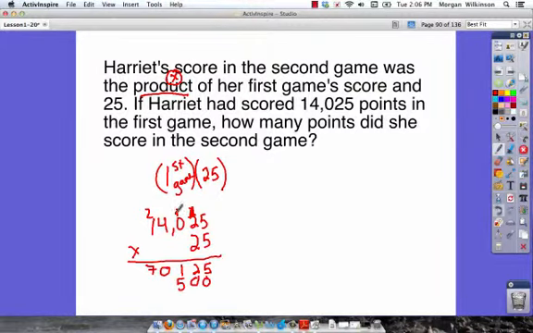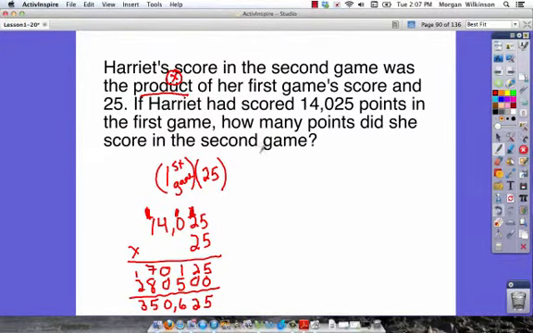2 times 0 is 0. 2 times 4 is 8. And 2 times 1 is 2. Make sure you keep your work organized as you go through. Looks like we'll have just enough room here to work. We've got a 5, a 2, a 6, a 0. 8 plus 7 is 15. We're going to carry the 1, and we get a 3. So we've got